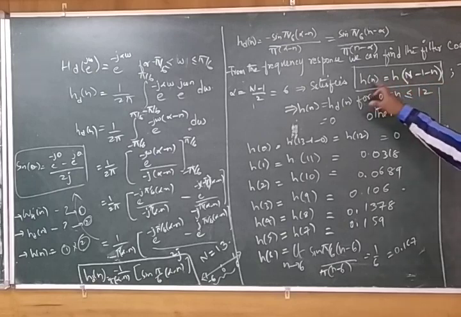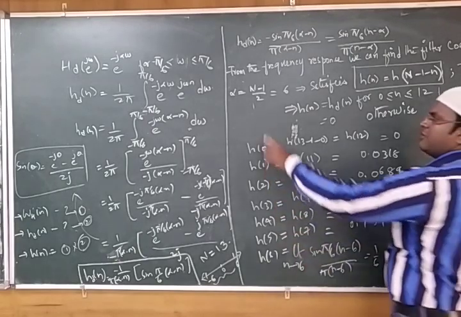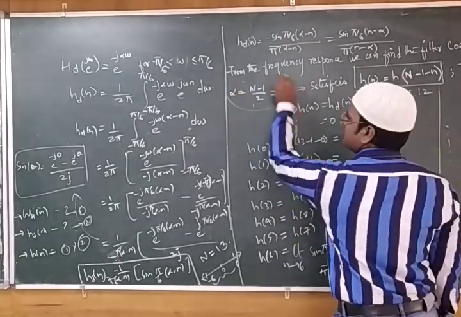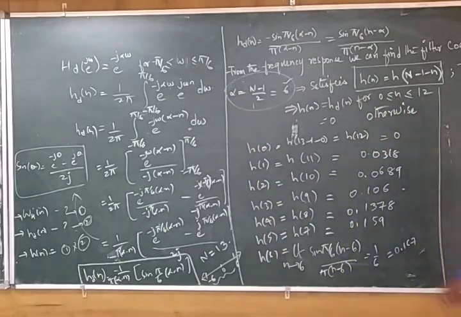If this is satisfied, then it is called symmetrical. So, what are the samples we have? 13 samples, so N is 13, and (13 minus 1) by 2 is 6. So alpha we got as 6. We put the alpha value in the coefficients we had, wherever we get alpha we will substitute it.